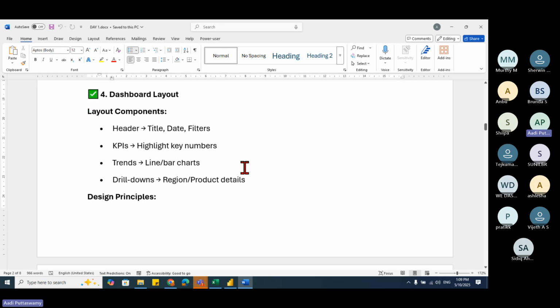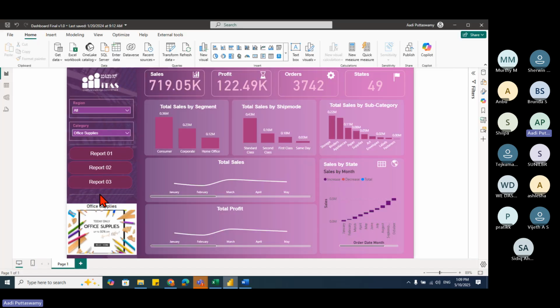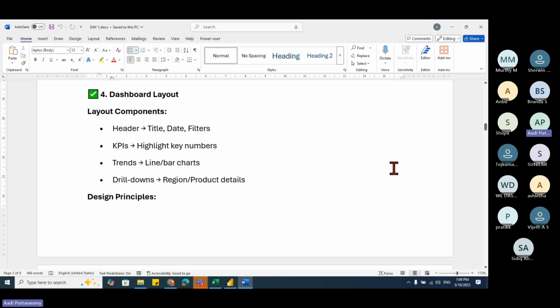Dashboard layout. The dashboard layout is very important. Okay, let me tell you, people, a lot of people actually will find it very difficult to create the layouts. Okay,